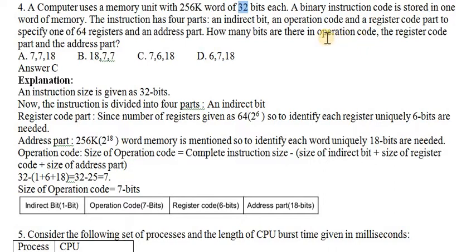They are asking how many bits are there in the operation code: 7, register code is 6, and address part is 18. Okay, so 7, 6, 18, C is the correct answer. Okay, next we go for